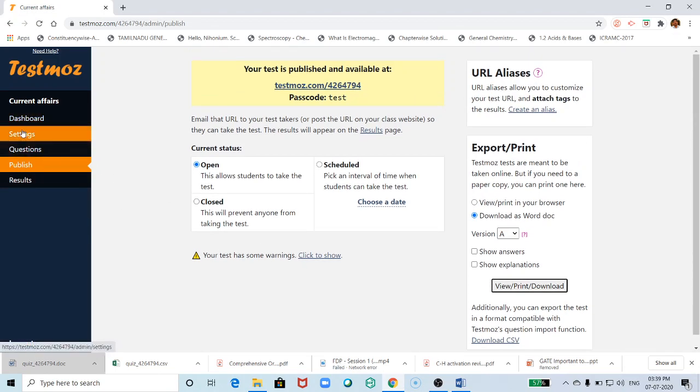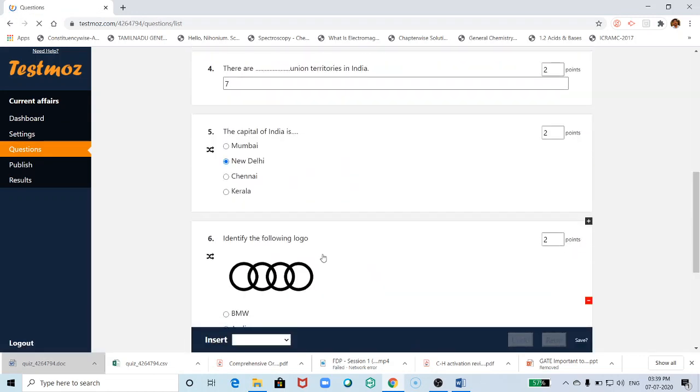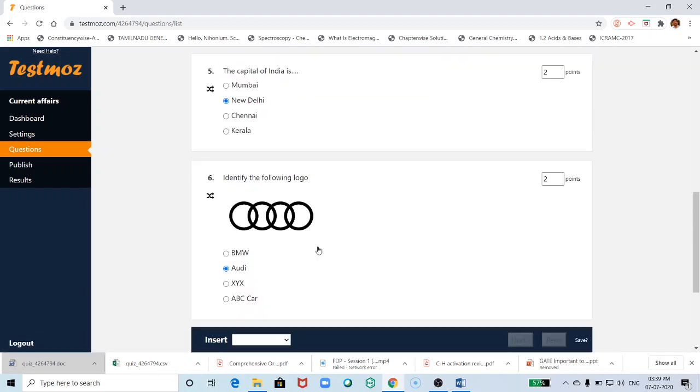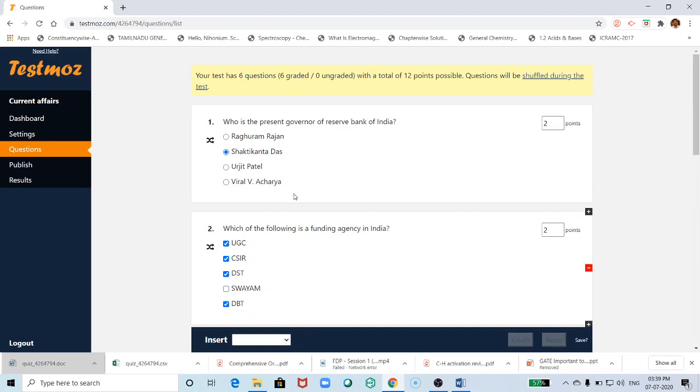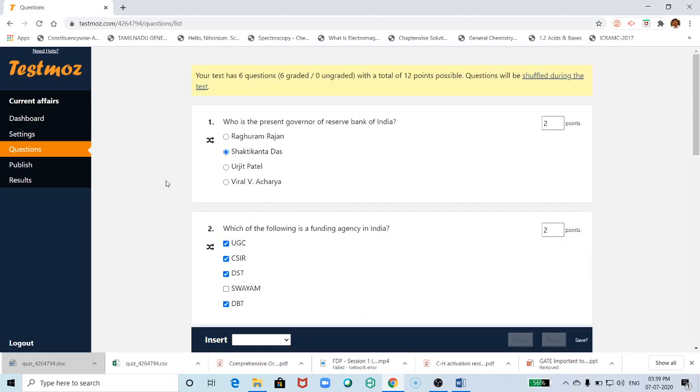You can add the questions. You can add up to 50 questions in the free version, and you can circulate this to a maximum of 100 participants, and you can delete the score, or you can download the Excel file and clear the scores, and again you can send it to a few more students.